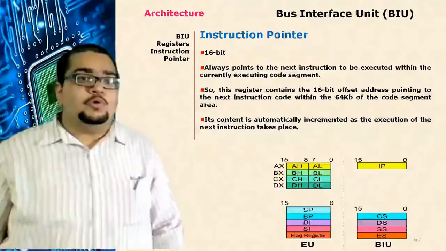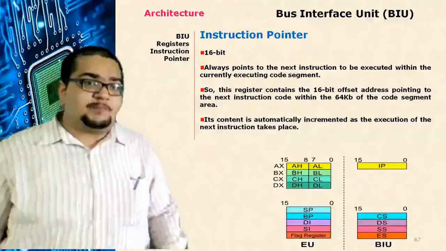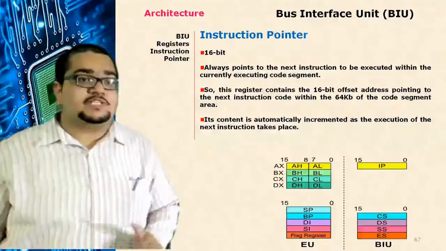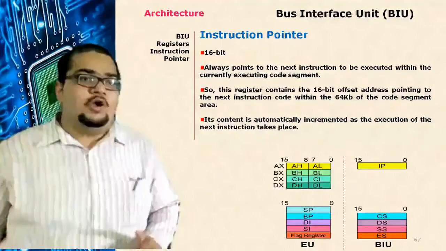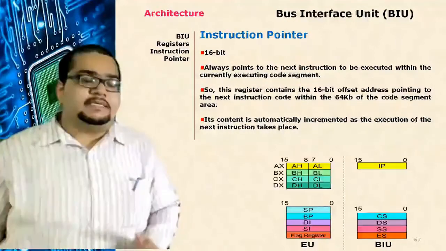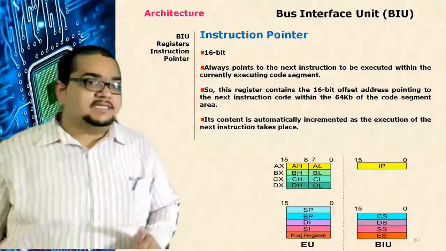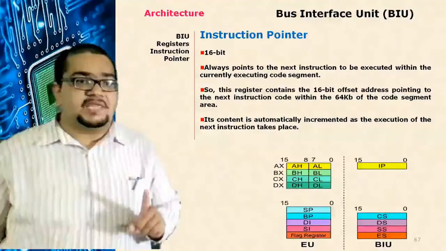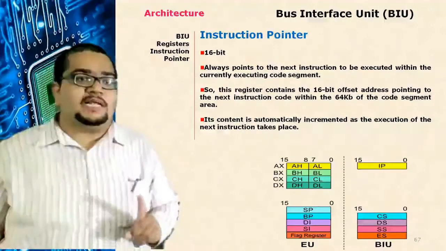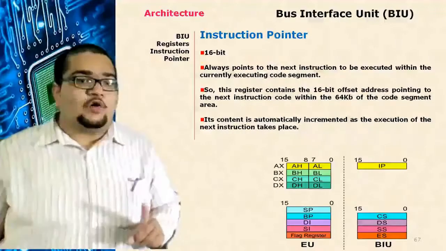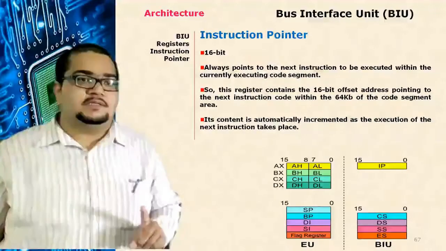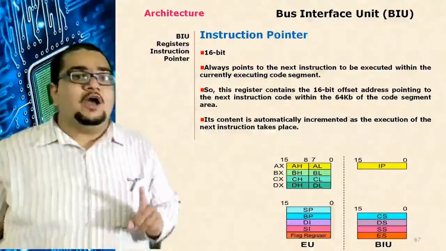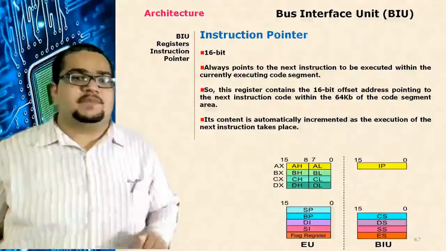For the logical address, as I have told you, one part is the segment address which the segment registers hold, and the other part is the offset address which the offset type of registers hold. The offset type of registers are the instruction pointer, the index registers SI and DI, the pointer registers SP and BP, and in special cases BX also holds the offset address. When this offset address is of program instructions, that is code, the instruction pointer register will be used. So it holds the offset address of program instructions and not the data.